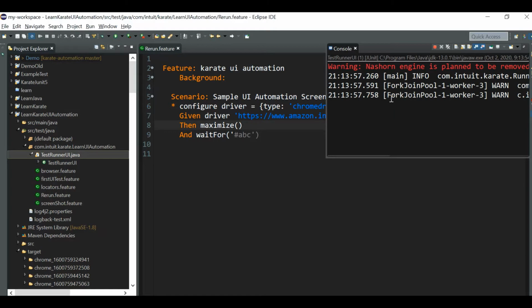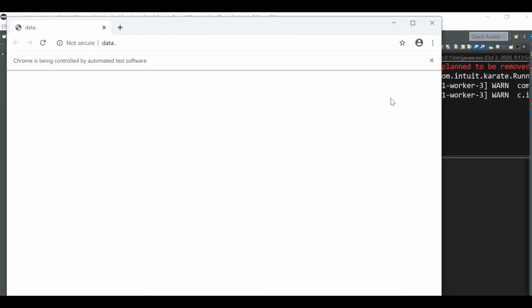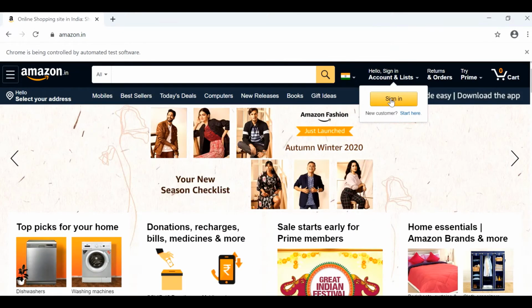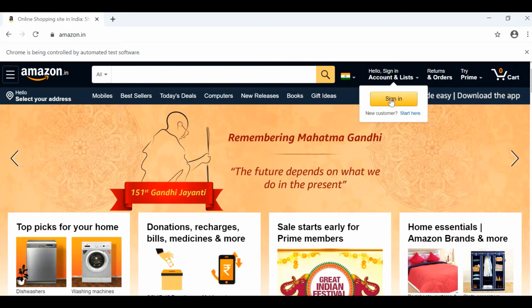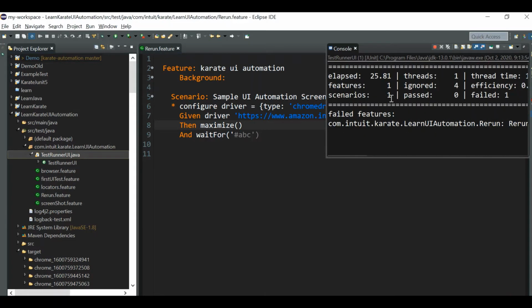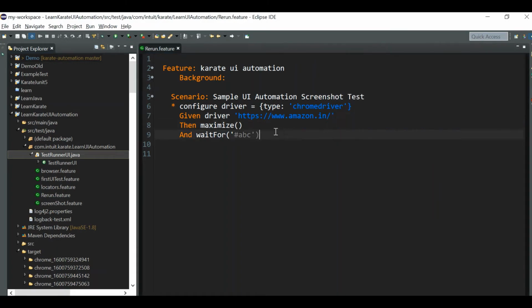We will get a failed count of 1. It is waiting for the element which is not available in this web page, so the test should fail. So we got the failed count as 1. Now the test has failed, and we have to rerun the file.